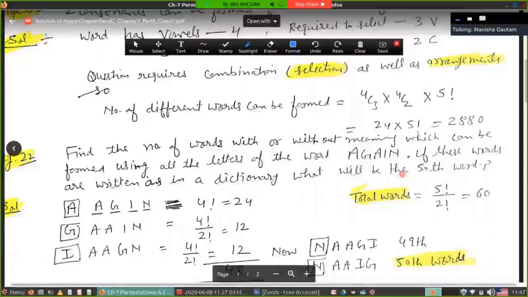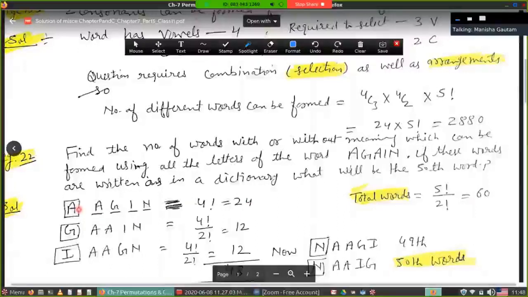First of all, the word that is given is AGAIN. It means the arrangement of the word AGAIN should be done in the way of a dictionary. As we fix A here first, I have just made a box for this. The fixed element is in the box. A is fixed here. The other 4 are left. You have to now make the arrangement of these 4. How many ways are there to arrange A, G, I and N? These are 4 distinct letters. It means 4 factorial is the number of ways. It means 24 ways are there when you fix A here.